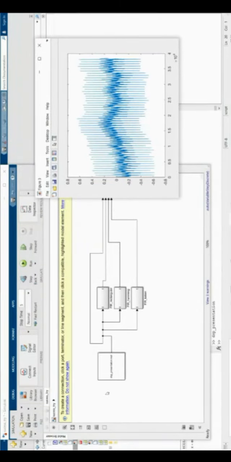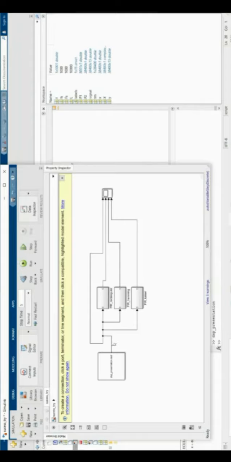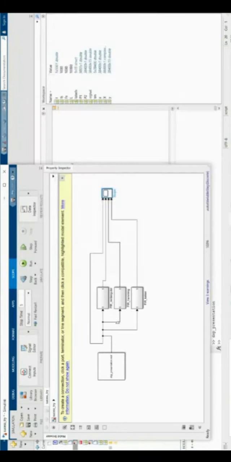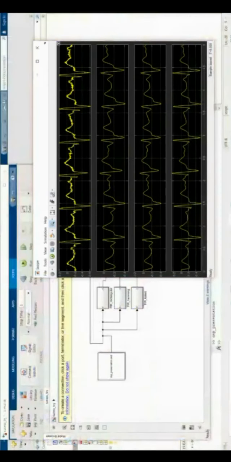Now as you can see, there are three types of filters in the diagram, which are giving output in the COM. These filters are created by the FDA tool, which is available in MATLAB, so you can use this FDA tool to create various new types of filters and variations of them. So we have made rectangular, Hamming and Kaiser filters.